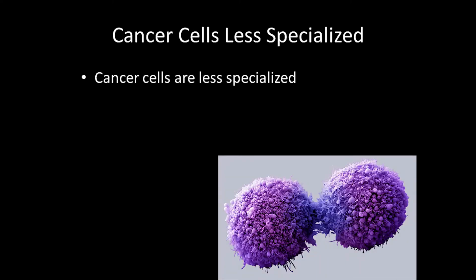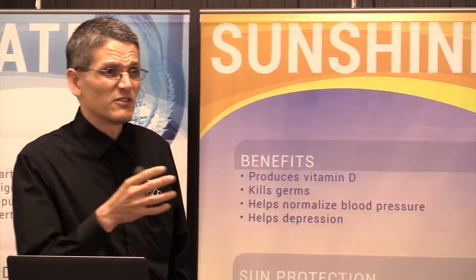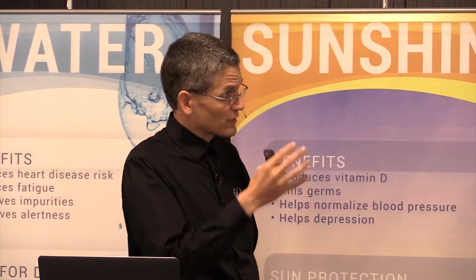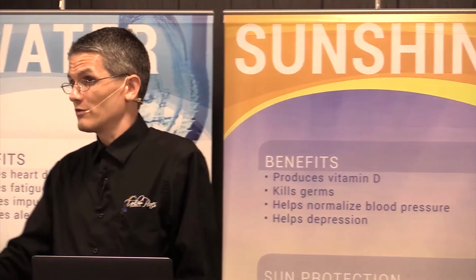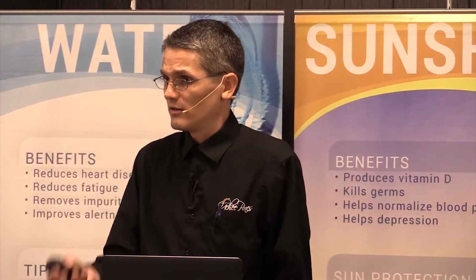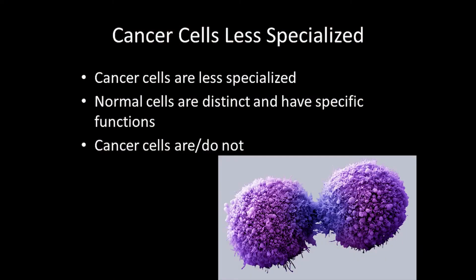Now, cancer cells are not as specialized as normal cells. All right, they're less specialized. So normal cells have very distinct functions. They look very distinct as well. They are limited to certain functions, right? So muscle cells have a specific function that is different from thyroid cells, which have specific functions that are different from liver cells, which have specific functions that are different from bladder cells, right? They're very specialized based upon the need of what's there. But cancer cells are not really that special, or specialized, I should say.